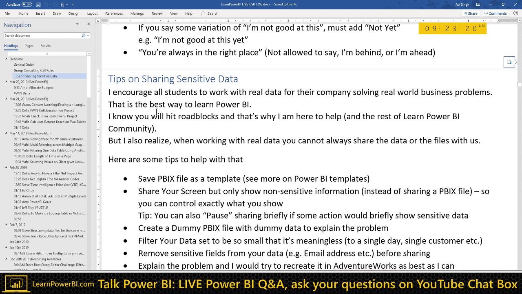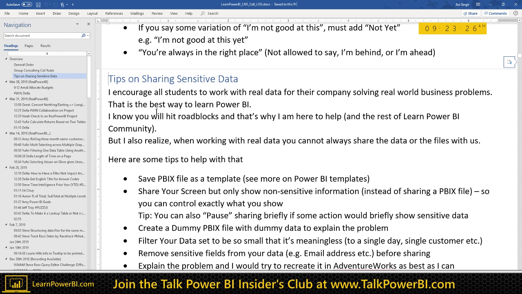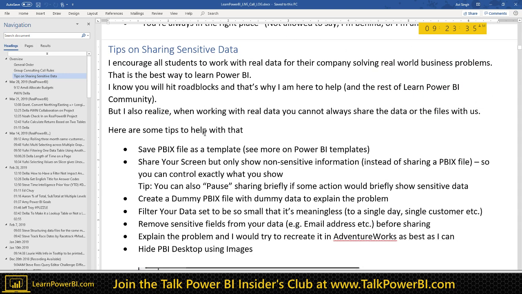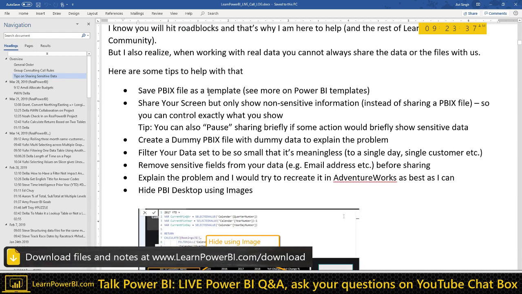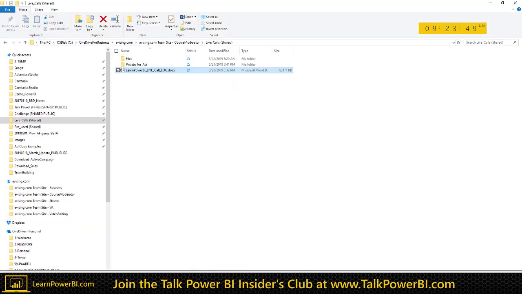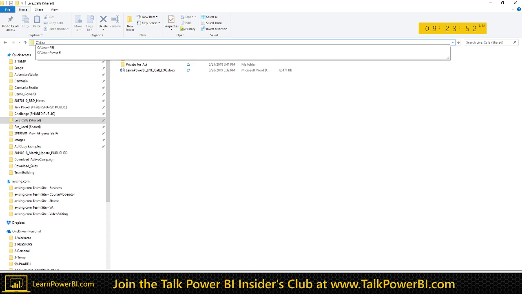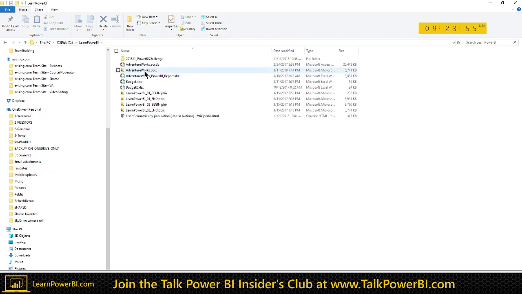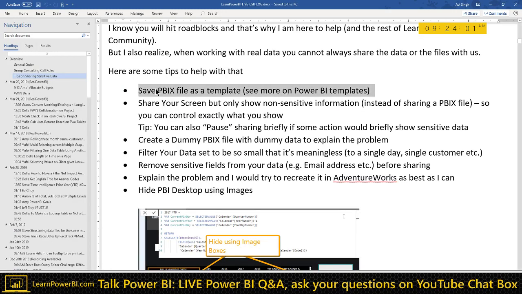So general stuff. I always believe that learning isn't doing. Sure, the course is great for the core concepts, but you don't internalize it until you apply it. Here are the ideas that I have. You can save the PBIX file as a template. That way, it doesn't have any of the data, but it has all of the structure. Somebody else would be able to see your measures and your fields, just not any data. That is a great idea, in fact. One advantage is that it's super quick. It's just File, Save As, Power BI template, and boom, that's it. The data isn't gone.